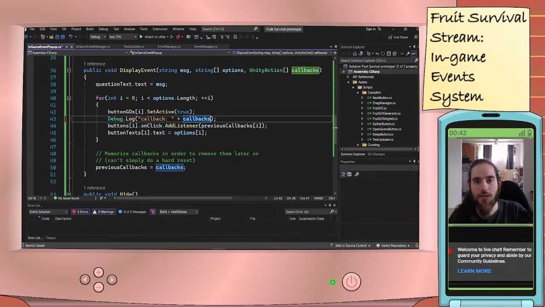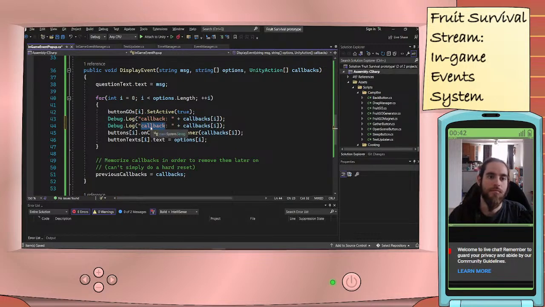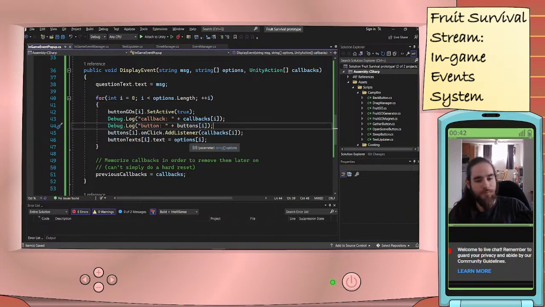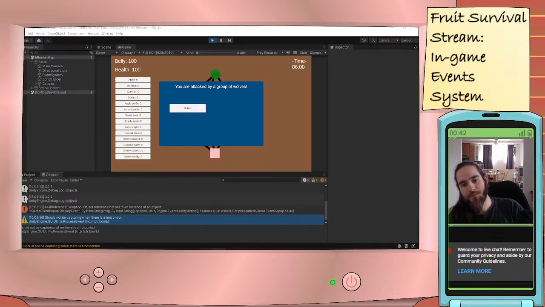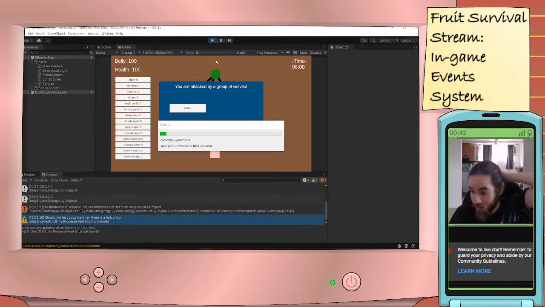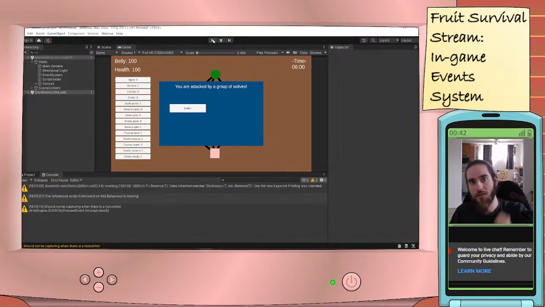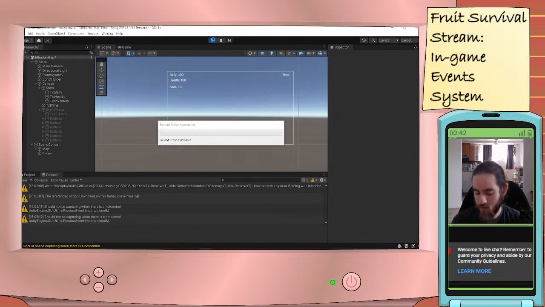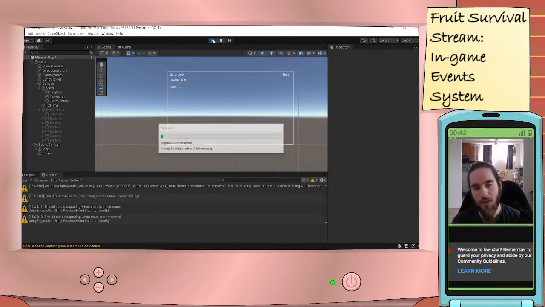That's kind of stupid. Okay. Well, let's go about it. I think the button is the problem and not the callback. Sure, it didn't help that I was talking about previous callbacks and stuff like that, where I should have called the simple callback, but